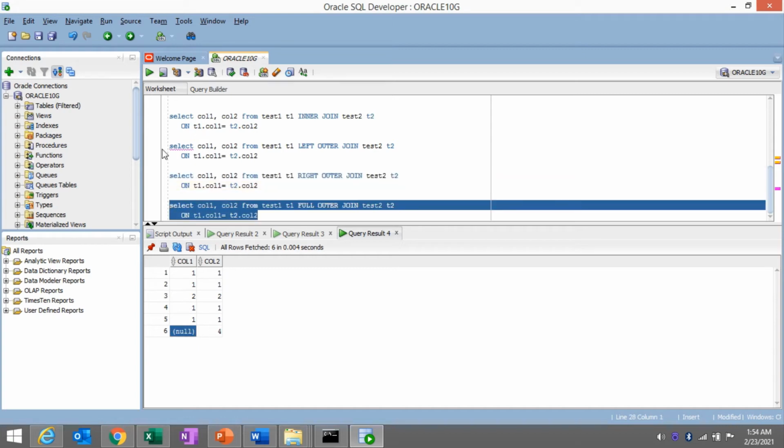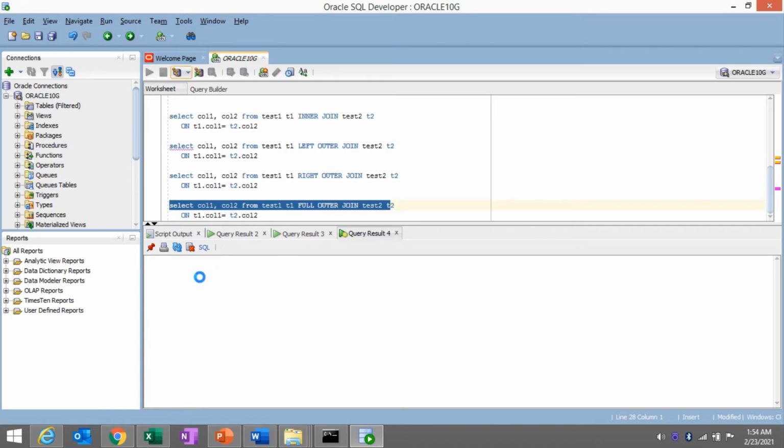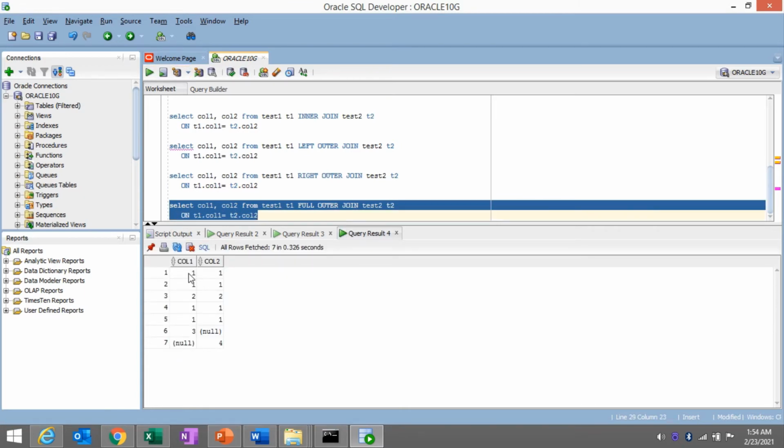that's why it gave a null value. If we perform the full outer join, we get the same records which we got for the inner join, and also from the left join we have the remaining value 3, so that value got displayed, and there is no matching value in the right side, so a null value got displayed. And in the right side table we have only the 4 value left, so that value got displayed here. And the matching value for this 4 is not there in the left side table, test 1, so we got a null value here.